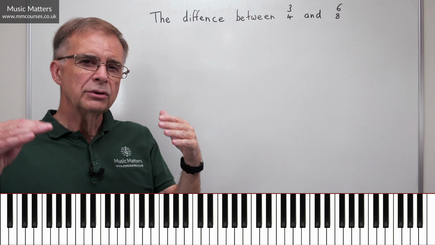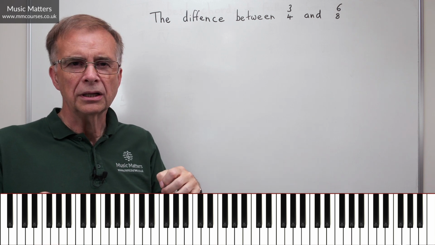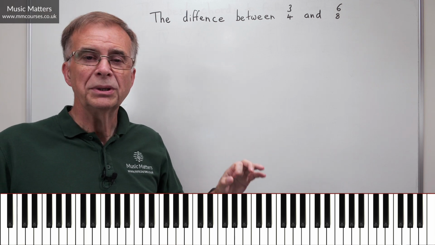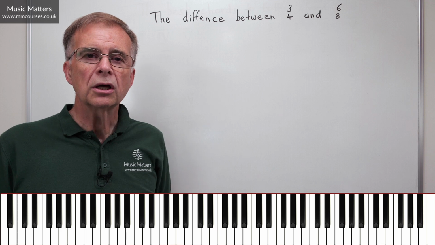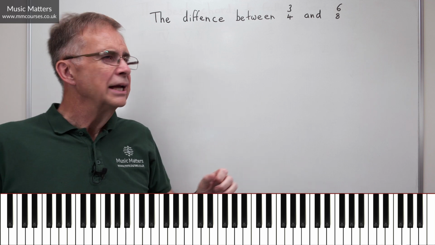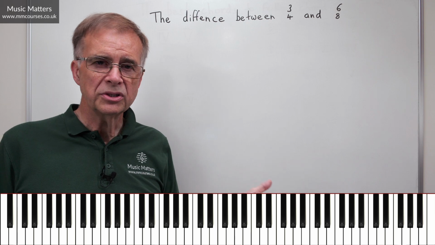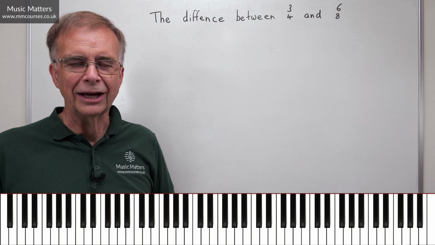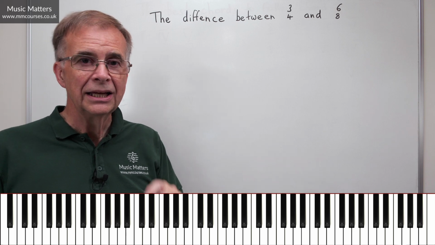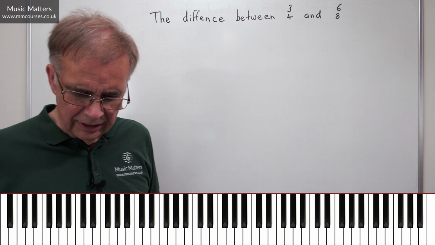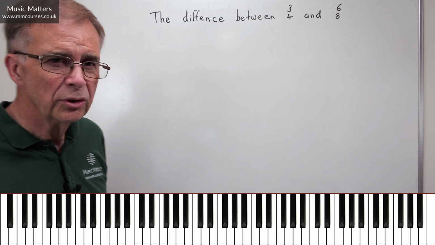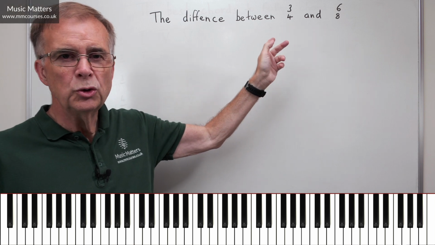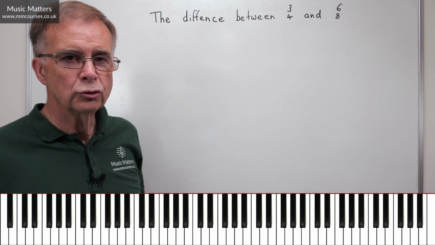Now, if I say there are 6 quaver beats in a bar, or 6 eighth note beats in a bar, that's not quite right, because 6/8 is something we call a compound time. 3/4 is what we call a simple time, and 6/8 is what we call a compound time. I don't want to get too bogged down in that for now, but we'll come back to it later. For now, let's have a look at what this actually means, because I'm sure a lot of people are already thinking, well, in that case, there's no difference between them, because if there are 3 crotchets in a bar,